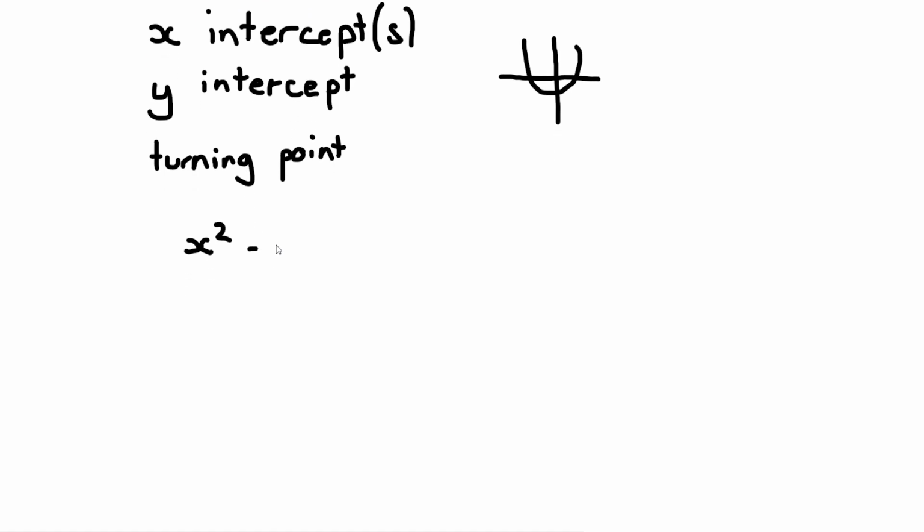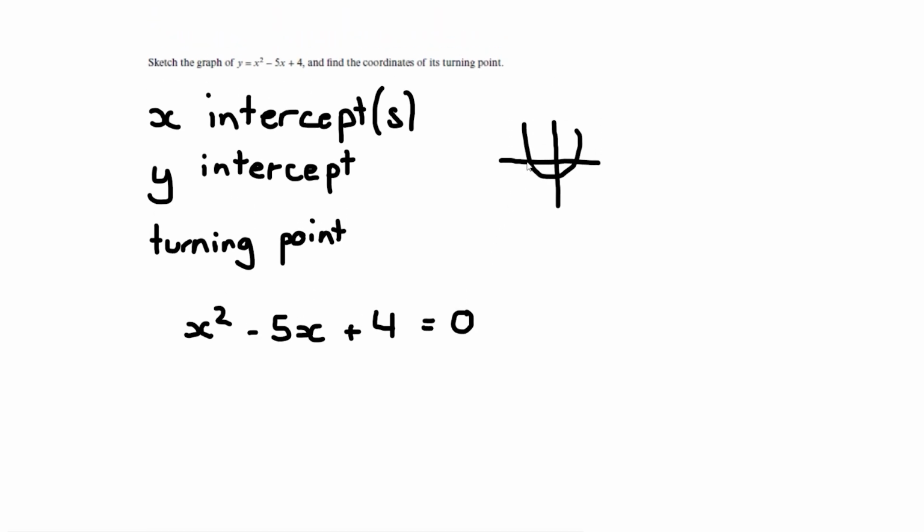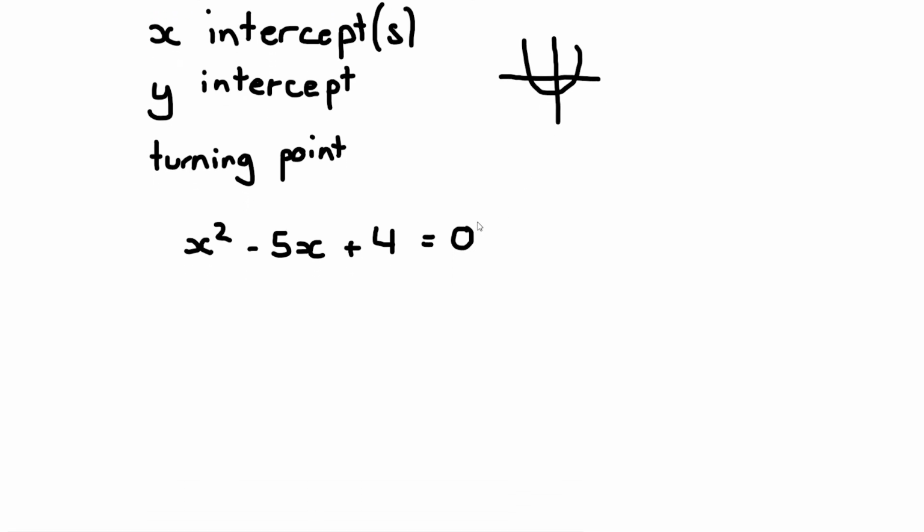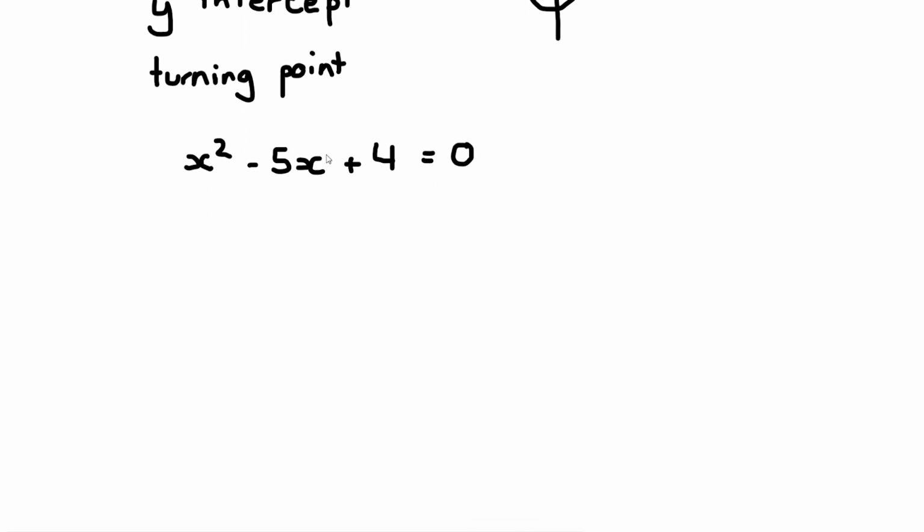quadratic. And one way to think about it is, because we've got y equals x squared minus 5x plus 4, you can say that y equals 0, right? Because when y is 0, that's where you are meeting the x-axis, right? So you're letting y be 0, and then you're basically finding the roots of this quadratic,